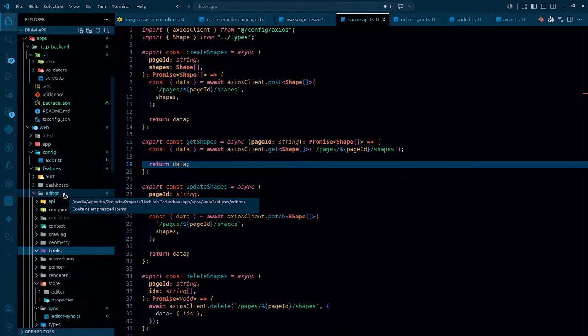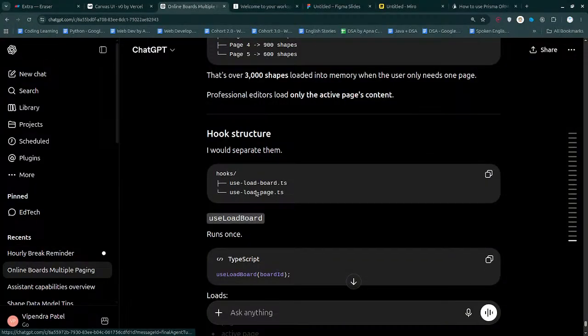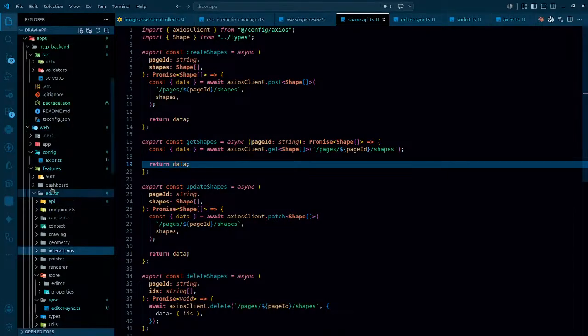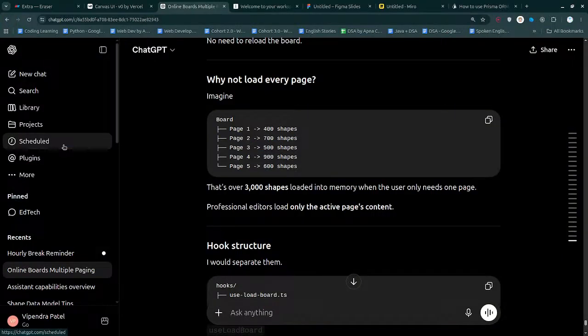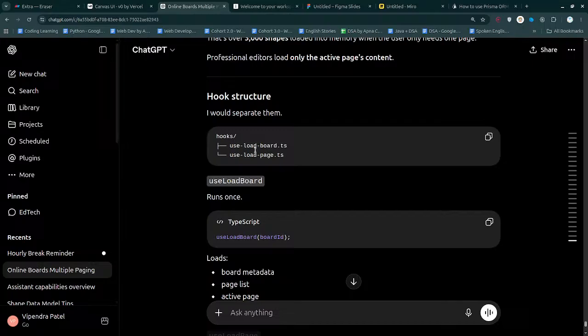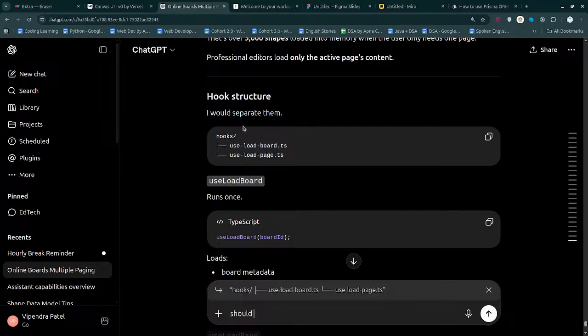should they be part of editor? Canvas is just a normal canvas, so hook doesn't need to be here. So this is not gonna be part of this. First of all, so auth, dashboard, and there can be board as well. As soon as we get the board, so should the hook